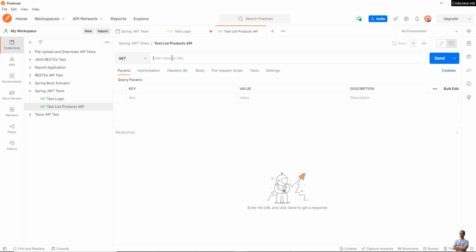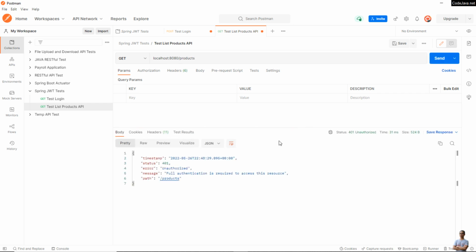Okay, and the URL is localhost 8080/products. Okay, if I click send now, I should get an error. You see, I got the status 401 unauthorized because I don't specify the authorization header that should include the JSON Web Token